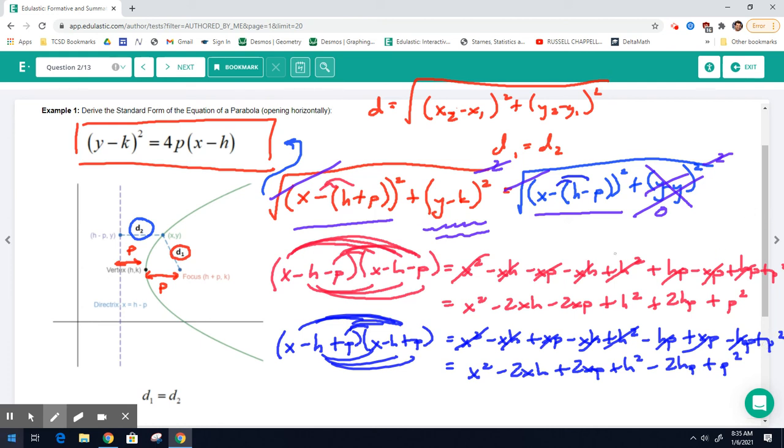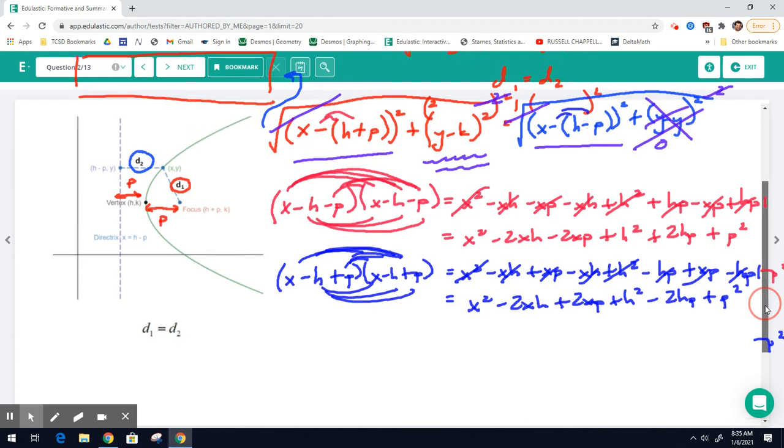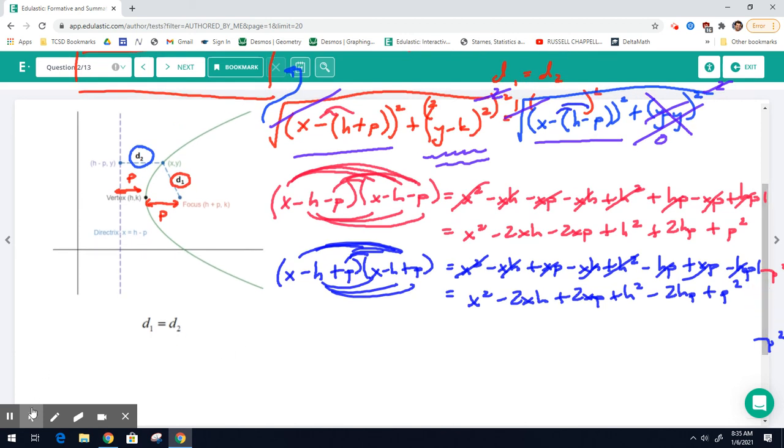Okay, so now if I scroll down, I'm going to try to scroll down a little bit and see what I can do. Sorry about that. Okay, so now in red, my left-hand side is now x squared. Here, let me scoot over just to make sure I have enough room. Oof, it's long. It's algebra, right? It's fun. X squared minus 2xh minus 2xp plus h squared plus 2hp plus p squared